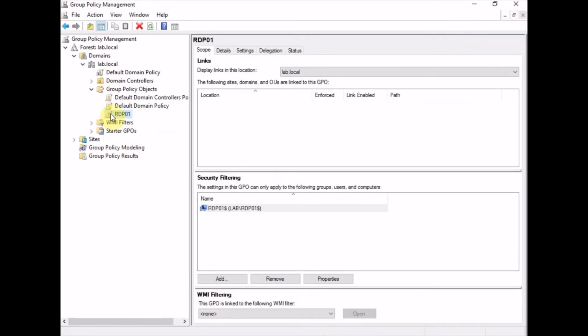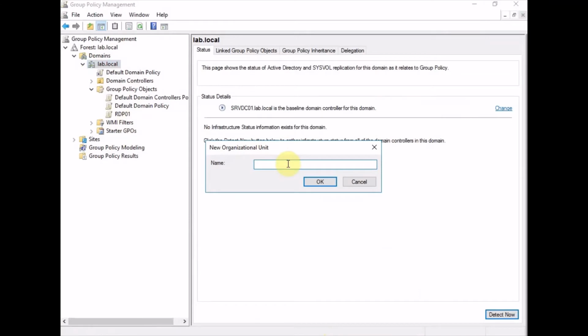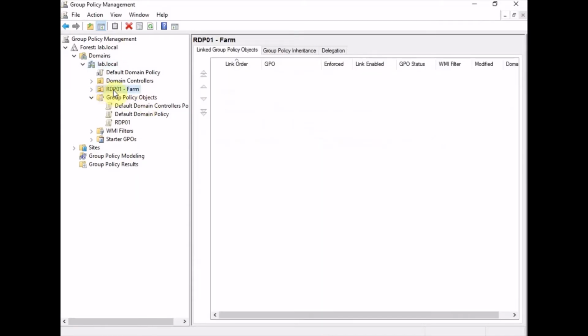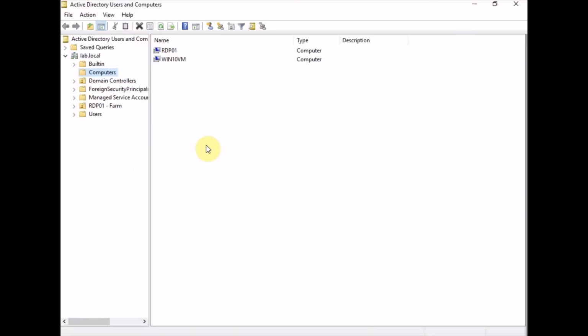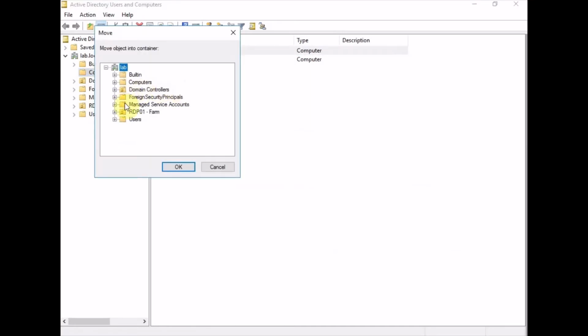Now this is a policy, it's not linked to anything. So what we're going to do, we're going to make a new organizational unit, and we're going to call this RDP01 farm, and we need to move our server into here. So if I just close this down, open Active Directory using computers, and we're going to move this to RDP01 farm, click OK,